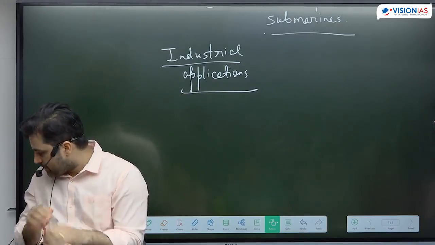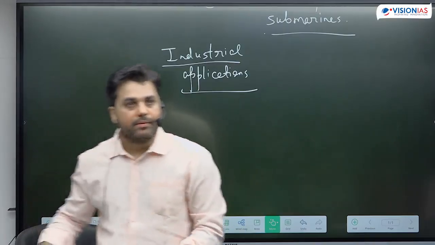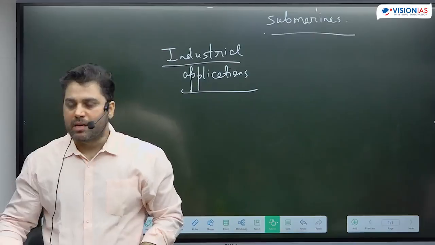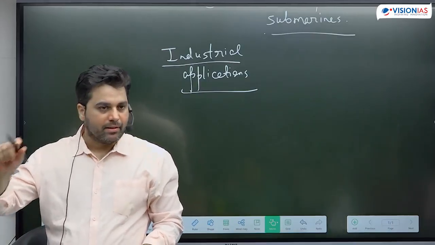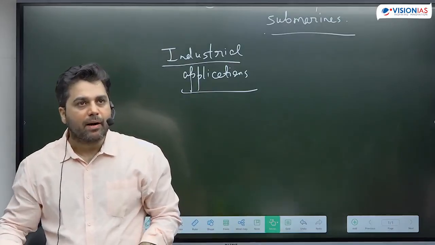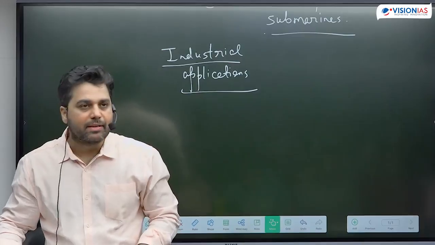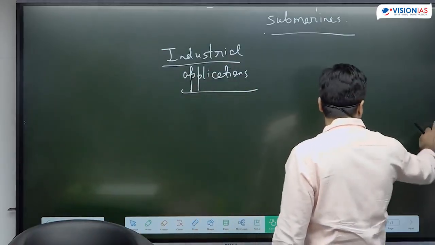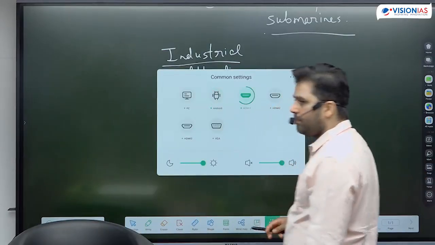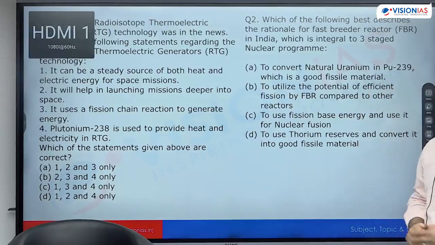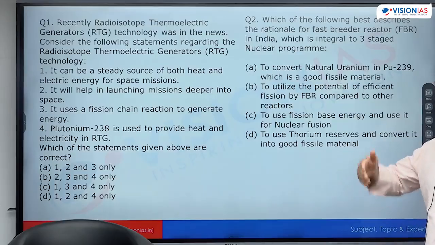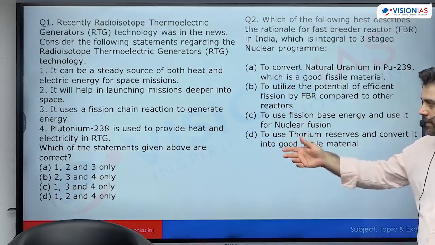I will also show you a few prelims questions, some objective questions. Acha, some online students have highlighted that we can also talk about tokamak, Aditya tokamak, SST-1, or we can also talk about how India is part of ITER, the International Thermonuclear Experimental Reactor. So those things can also be written in this particular question. The fuel cycle improves in the sense that we can recover uranium from thorium. In this way the fuel cycle will improve, that we can recover uranium. As thorium transmutes into uranium, we can recover from that.